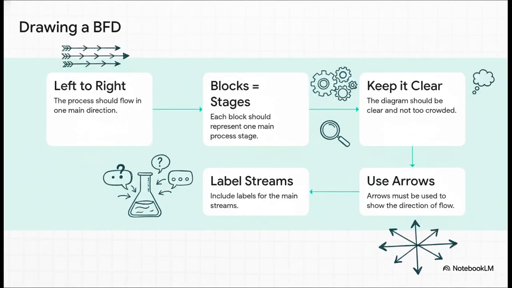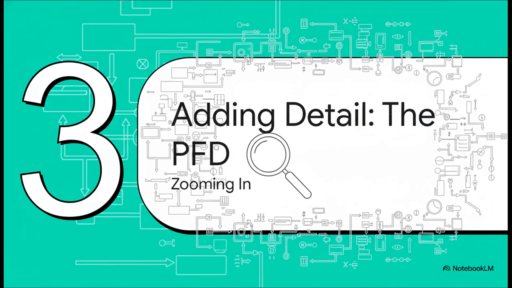The flow always goes one way, usually left to right. Remember, blocks are stages, not equipment. You've got to keep it clean, use arrows to show where things are going, and label your main inputs and outputs. A good BFD should let anyone understand the process at a glance. No report needed. Okay, so once that big picture concept is locked in with the BFD,